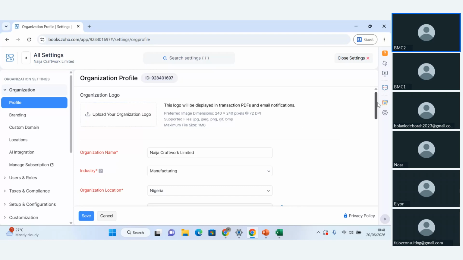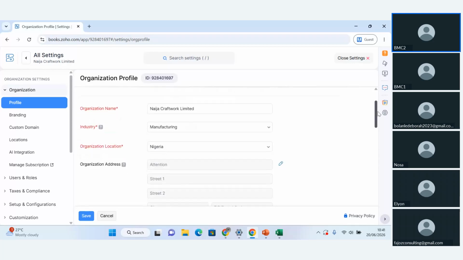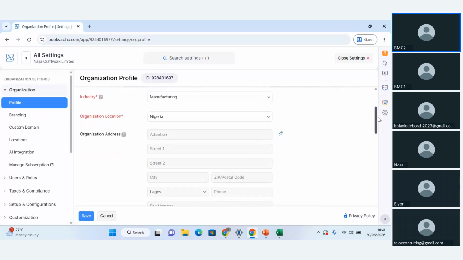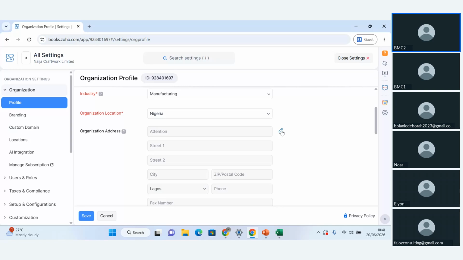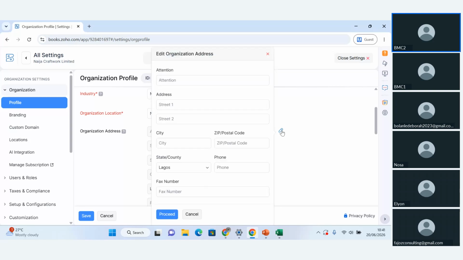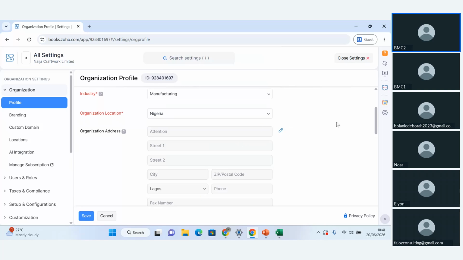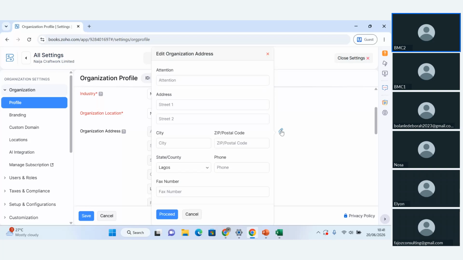The name of the company, the location of the company, then the address. I think the address currently is plot 14 motion whatsoever. So you can come here and type plot. But you see what I did. Sorry about that. You cannot type directly into this box. But there's a small pencil at the top right here of the organization address. Click on this, then you start typing plot 14